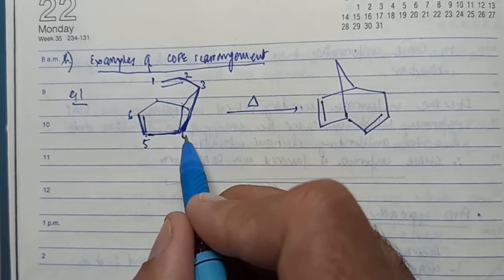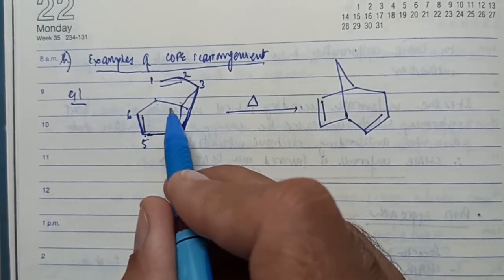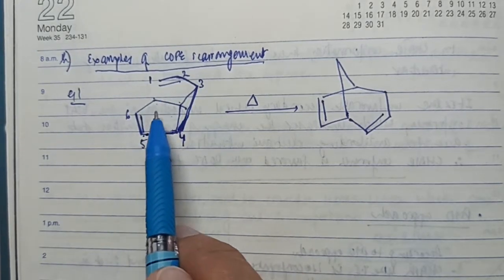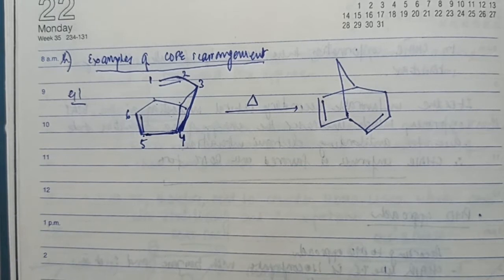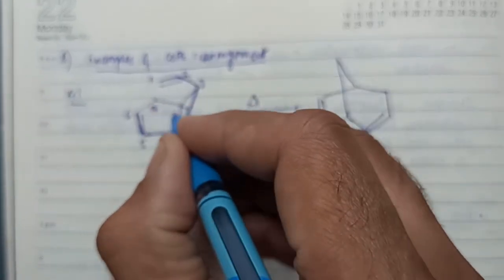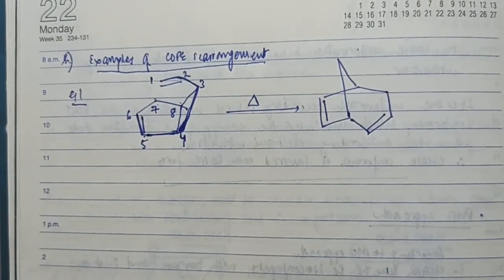Of course, I could have taken the naming from 4 to 5 here also, but when I took 5 here, there was no double bond between these two carbon atoms. Therefore, if you locate a 1,5-hexadiene, these are the 6 carbon atoms of the 1,5-hexadiene system. You can number the other carbons. Let's say this is 7, let's say this is 8. Of course, this is hypothetical numbering, nothing to do with the IUPAC system.